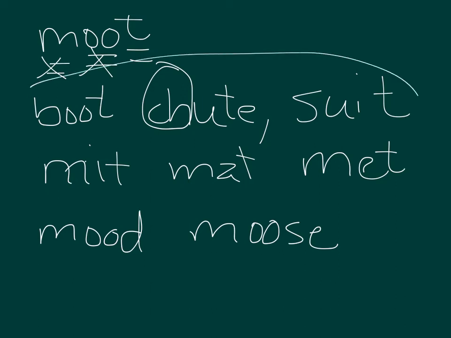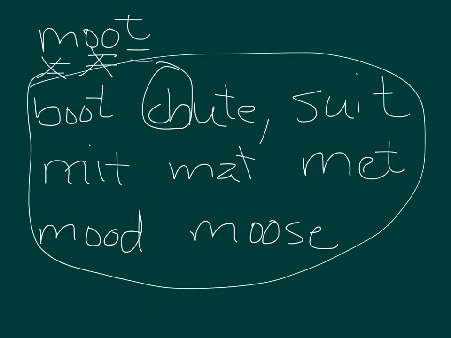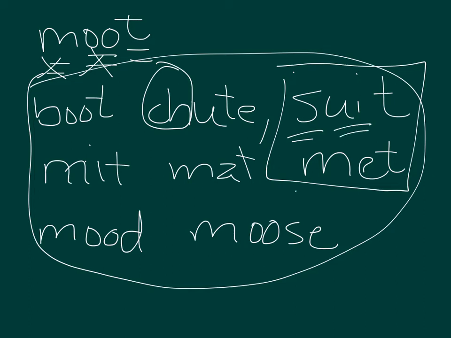So all of these words we came up with are minimal pair words with moot. And they're all minimal pairs for each other. Well, they're not all minimal pairs for each other because suit and met, these are not minimal pairs, right? Because you're changing 2 phonemes in the word. So you're changing the first consonant as well as the vowel in these words. So they're not minimal pairs, but each of these words here is a minimal pair with moot. Okay, so now we're going to